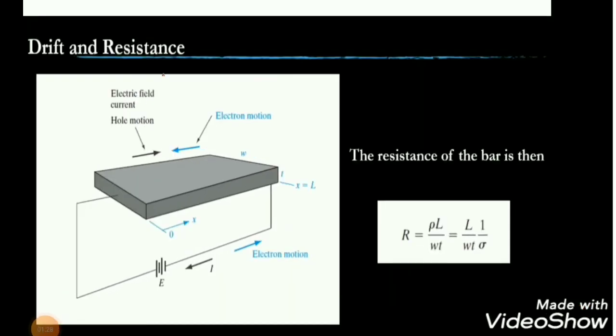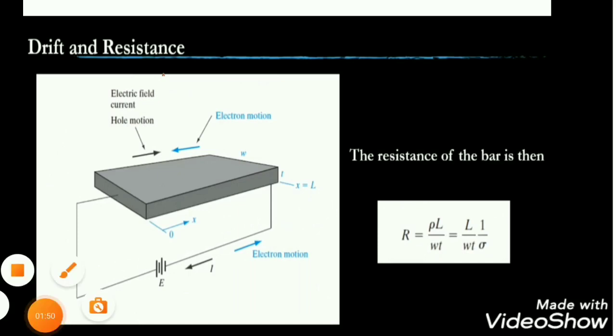Drift is nothing but a movement of electrons, how exactly the electrons will move under the influence of an electric field. So here we are studying how the electrons will move on the application of an electric field, and how the holes will be created on the application of the electric field, and how they will get some resistance. That also we are studying here.